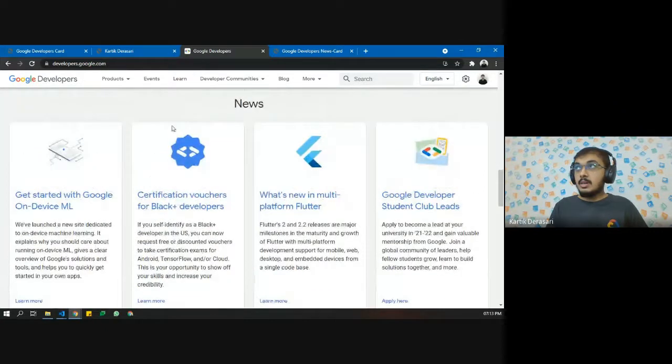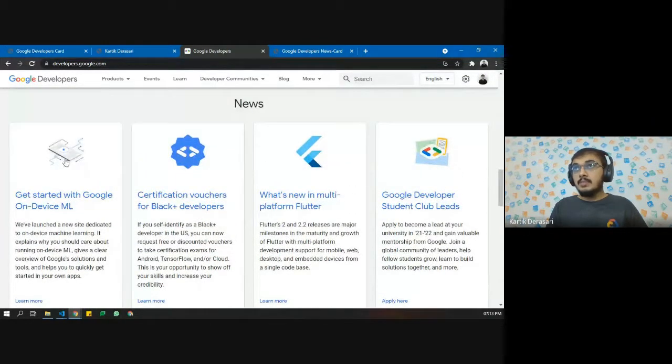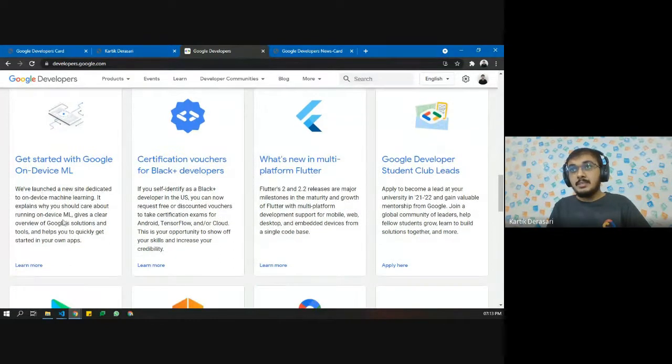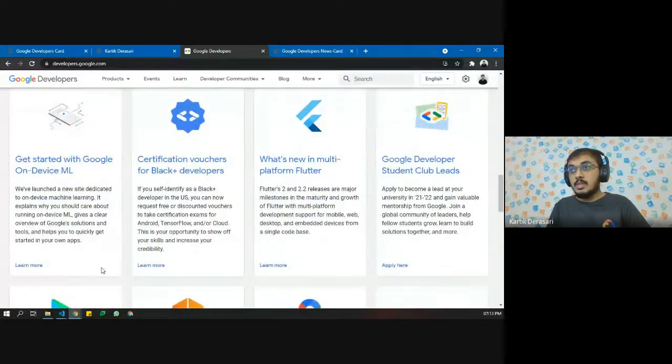It is a rectangle container, and it has one image, some heading, some content, and one button which redirects us to another URL. First, identify the core things that we want to focus upon: a rectangular container, then image, heading, paragraph, and a button.